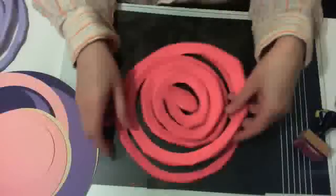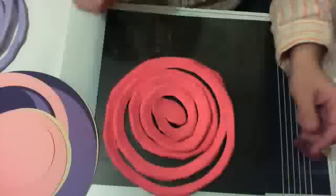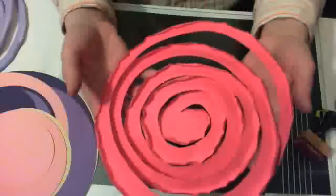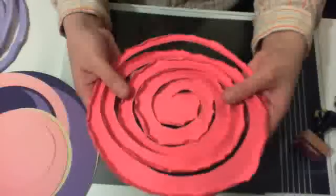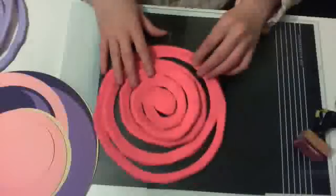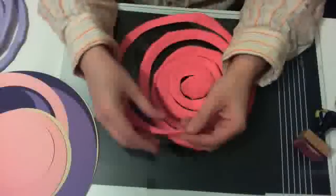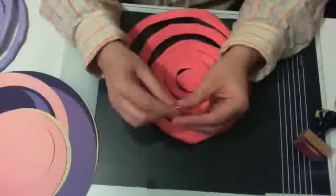Okay. So my edges are all curled. See, there's the back. I'll give you kind of a side profile there. Okay. So, now,